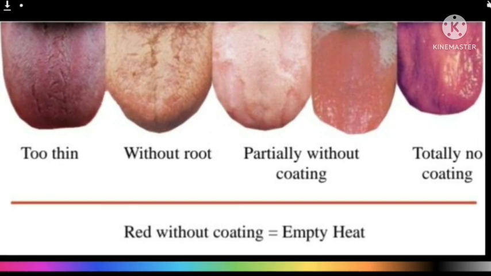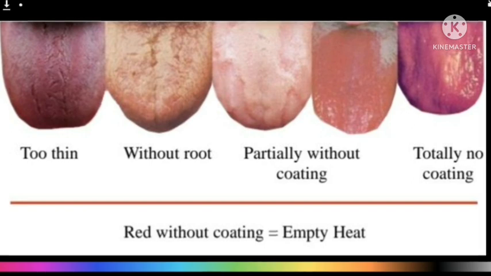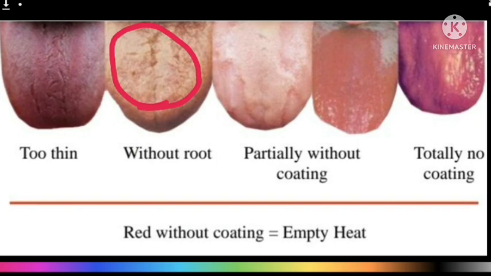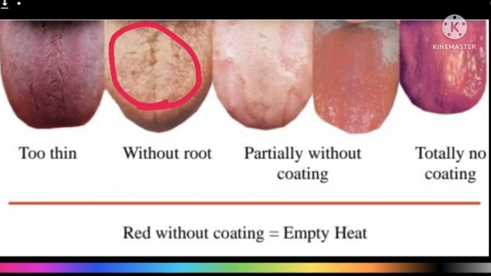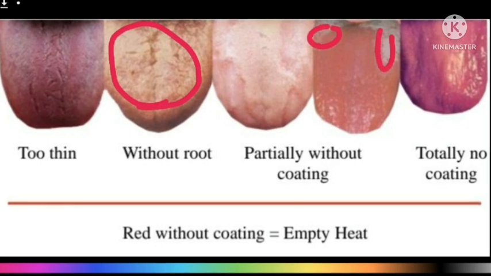In the empty heat case, the tongue will be red without coating or with partial coating. In this you can see coating, white color, but it is without root, meaning if the person uses a tongue cleaner once, it will be removed. Partially coating means there will be slight coating here and there, so no issue in that.